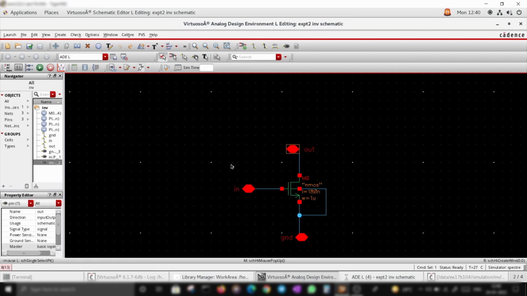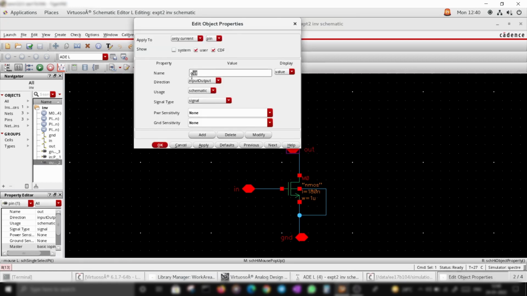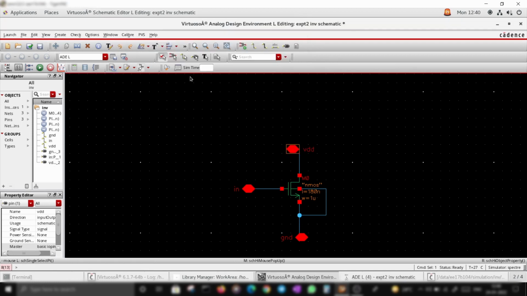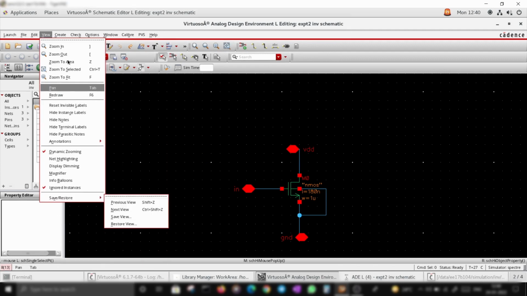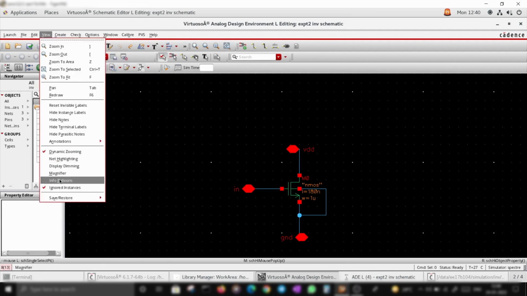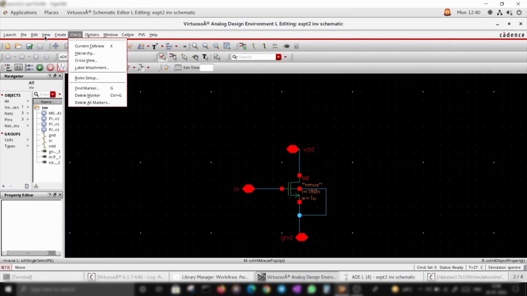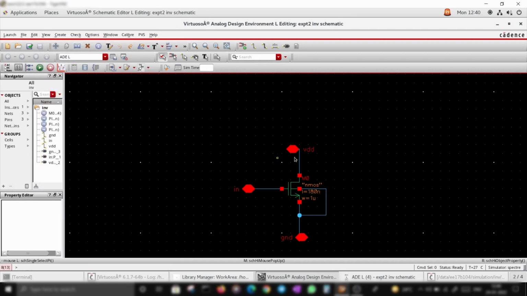You can click on this, you can press Q and change its name here, or when you click on this, you can see the label attributes property editor here as well. And you can see this view tab here, which will help you to adjust things about what you can view.